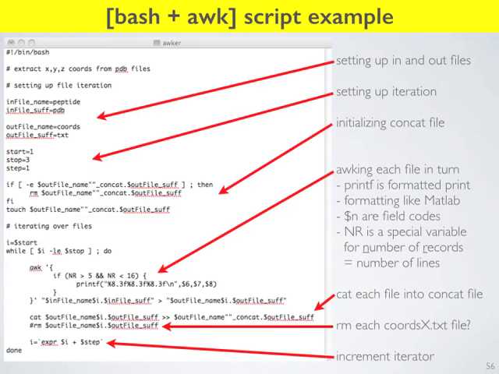Okay, so the two things I want to illustrate here, which are super elementary, but the only things you're going to need for your project, are how to tell awk to skip lines using this number of records, and how to print things in a particular formatted sense. And so you can just Google awk, or you can go to that programming guide and see how you can print things with different formats. You can print them as integers, or floats, or scientific precision, things like this. The one that you're going to need is floating point. And so that's going to be the percent something point something f. That's all I want to show there.